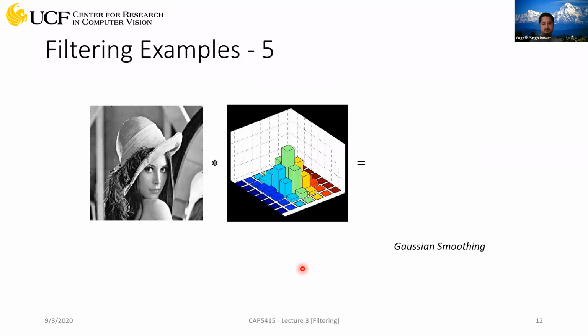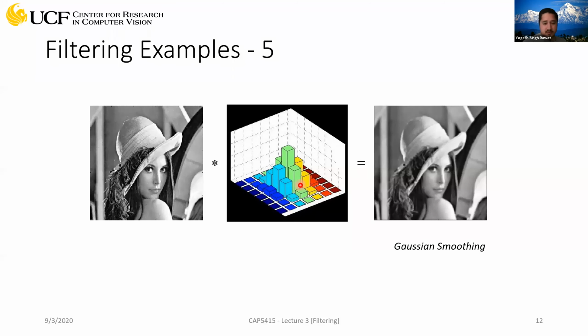So that was blurring. Now this is another interesting filter, and we will talk about this later as well when we talk about edge detection. And this you have seen earlier, it's the Gaussian filter. Why is it Gaussian? Because it's a 2D Gaussian. You can see that at the center there's a peak, and the values go down as you move away from the center. So that's a nice bell shape. When you apply this filter on the image, again, it's trying to smooth your edges, so it's making it blur.